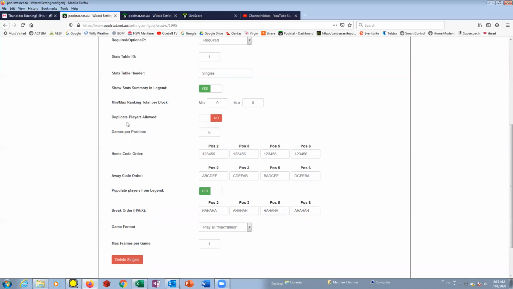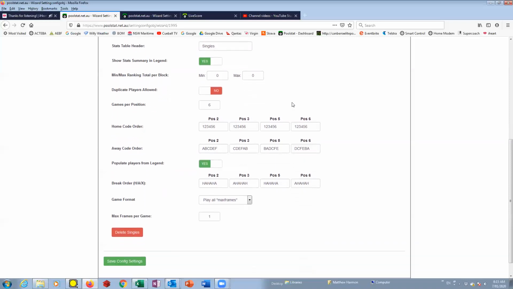Previously, you had to make up dodgy names to add those players, which Greg from Poolstat actually doesn't like, because those dodgy names actually become profiles in Poolstat. So what he'd rather do is allow players to play multiple games per round. To do that, you just click this one here, duplicate players allowed. So in State of Origin this year, when setting that up, we'll just set that as yes,